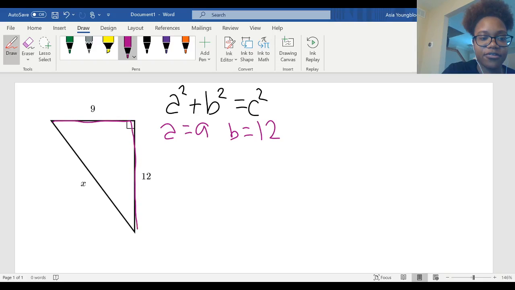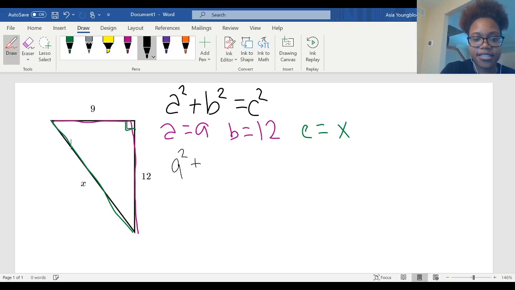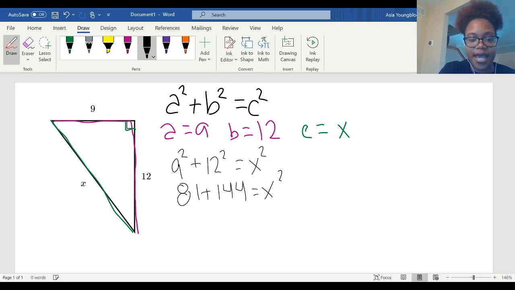So in this example, our A is 9, our B is 12, because those are these two sides here making the right angle, and our C is X. And again, that's because it's this side that is across from the right angle. So now we're just going to plug in our numbers and see what we get. A squared is 9 squared plus 12 squared equals x squared. We're going to square those numbers. 81 plus 144 equals x squared. We're going to add them and get